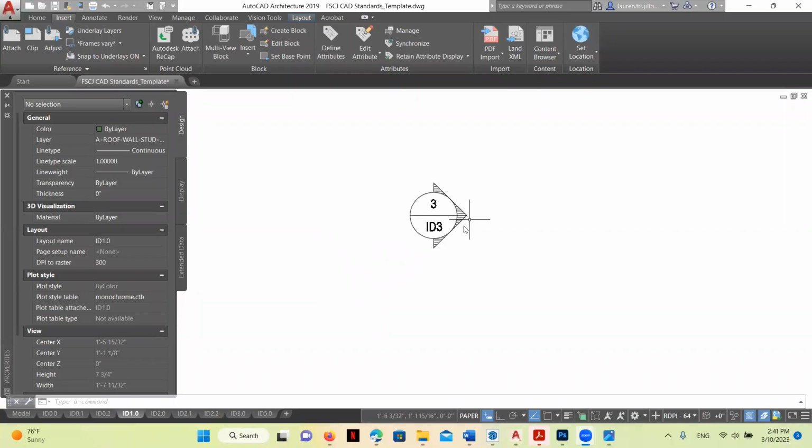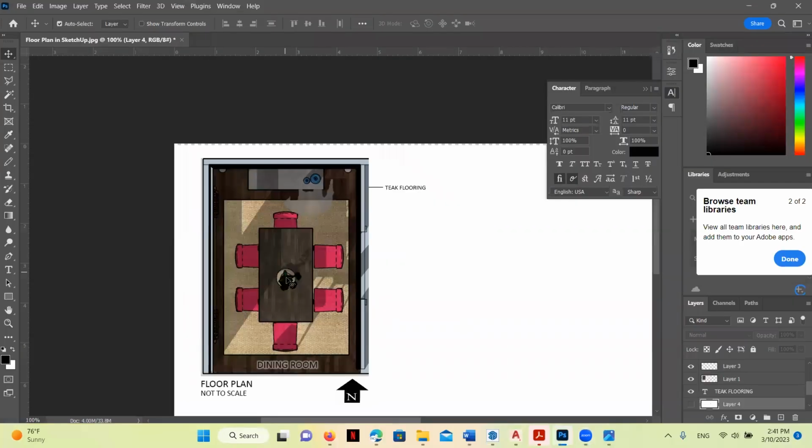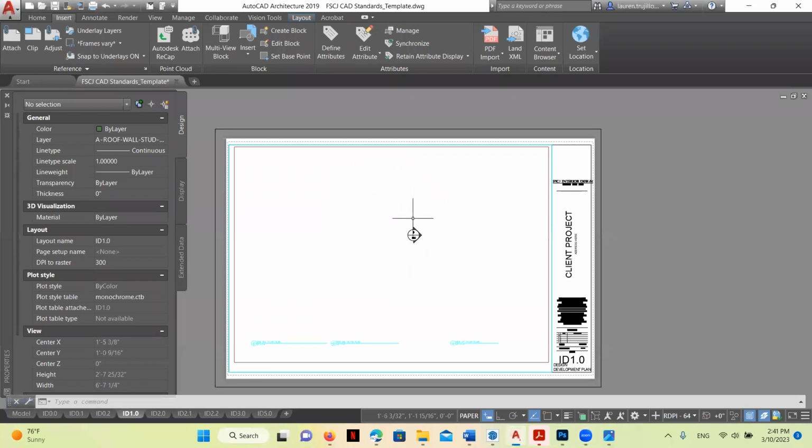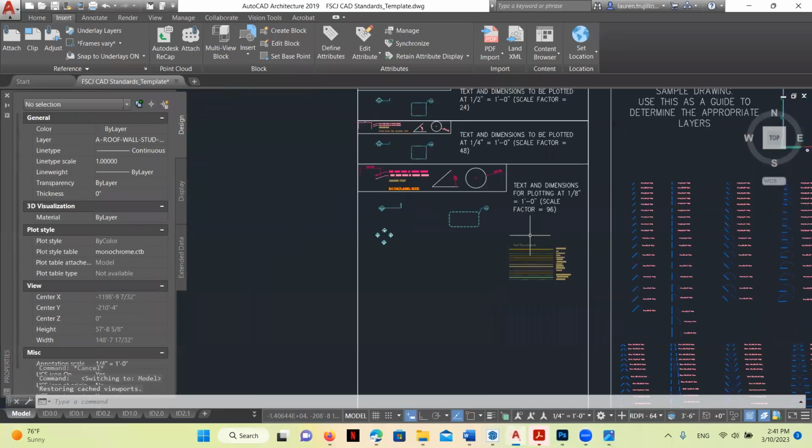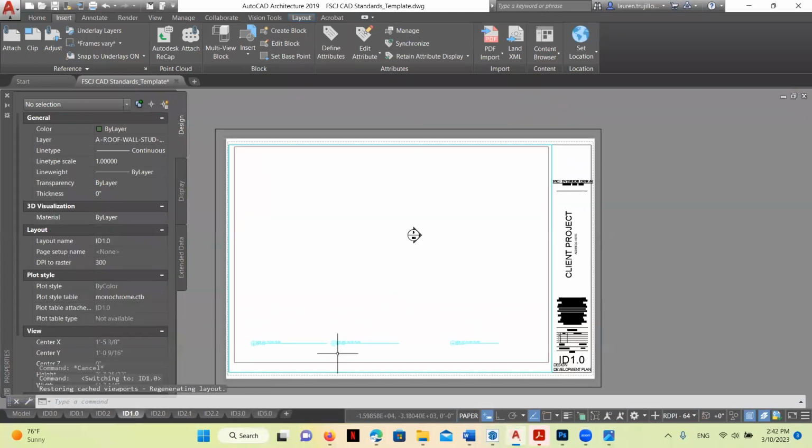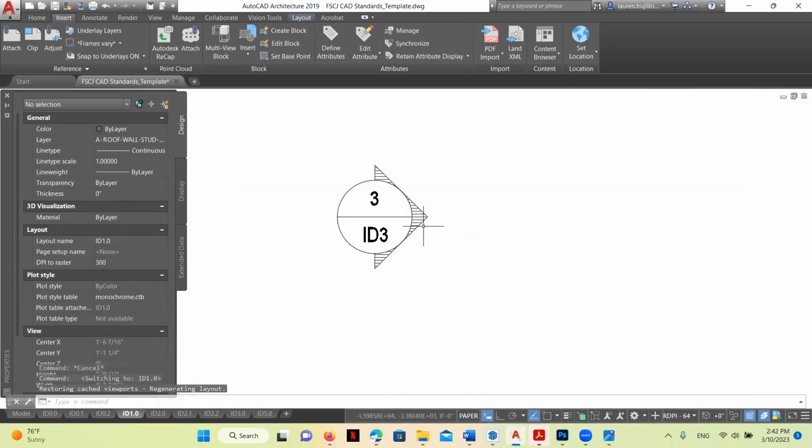So we're going to start by bringing our elevation tag over onto our floor plan here. So let's go ahead and jump on over to AutoCAD. Now you can see I've brought the elevation tag over from model space over here, and I've actually brought it into the design development plan over here. I've changed the line weight to be just the bilayer, so it's going to show up black.